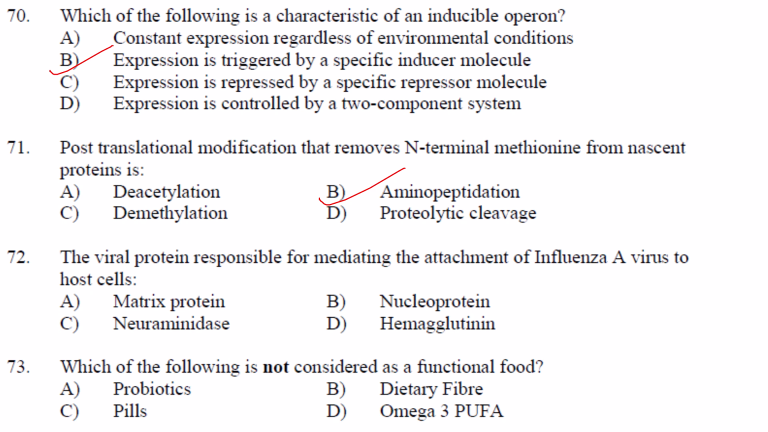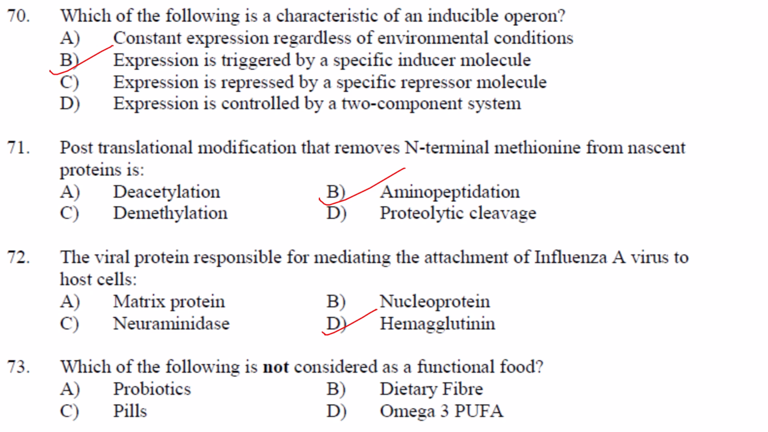Okay. Then next one. The viral protein responsible for mediating the attachment of influenza A virus to the host cell, that is hemagglutinin. Matrix protein is a structural protein found beneath the viral envelope, and it is involved in viral assembly. Then nucleoprotein encapsulates the viral RNA and is involved in replication and transcription. Then neuraminidase is another surface protein, and it is responsible for cleaving the sialic acid receptors to facilitate